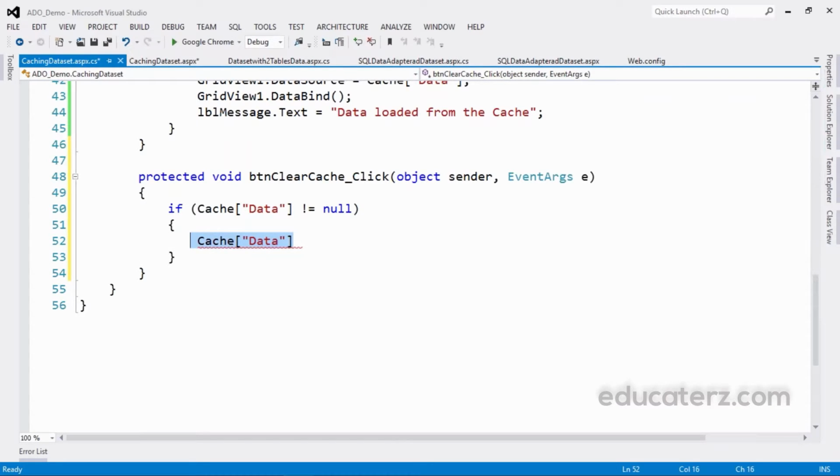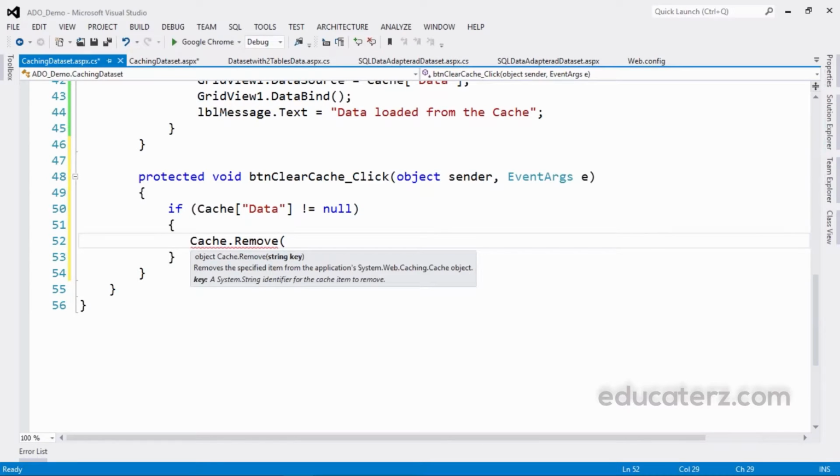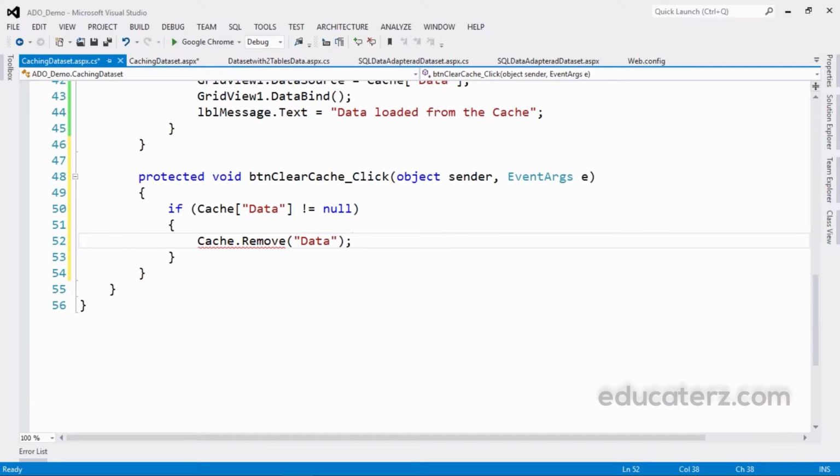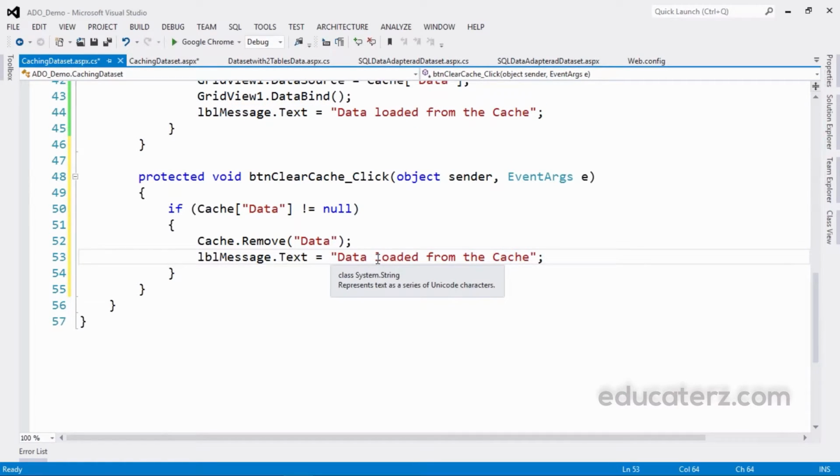It's not like this. We can remove whatever is in the cache. Remove of data, I mean the particular data, whatever it is. So what I did, I just removed that data from cache. Now I want to display some message to the end user: Data removed from cache. There will not be any data.